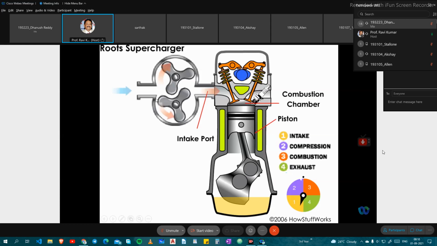This is the inlet valve. Whenever the inlet valve opens, that is the intake stroke. In the intake stroke the piston goes down from TDC to BDC, and the compressed air or homogeneous mixture enters. In this picture we have a petrol engine, an SI engine, spark ignition engine. The mixture enters through the Roots supercharger already having pressure and temperature. Then the piston goes from BDC to TDC in the second stroke, compression. Both valves are closed, and at the end of compression we give the spark.